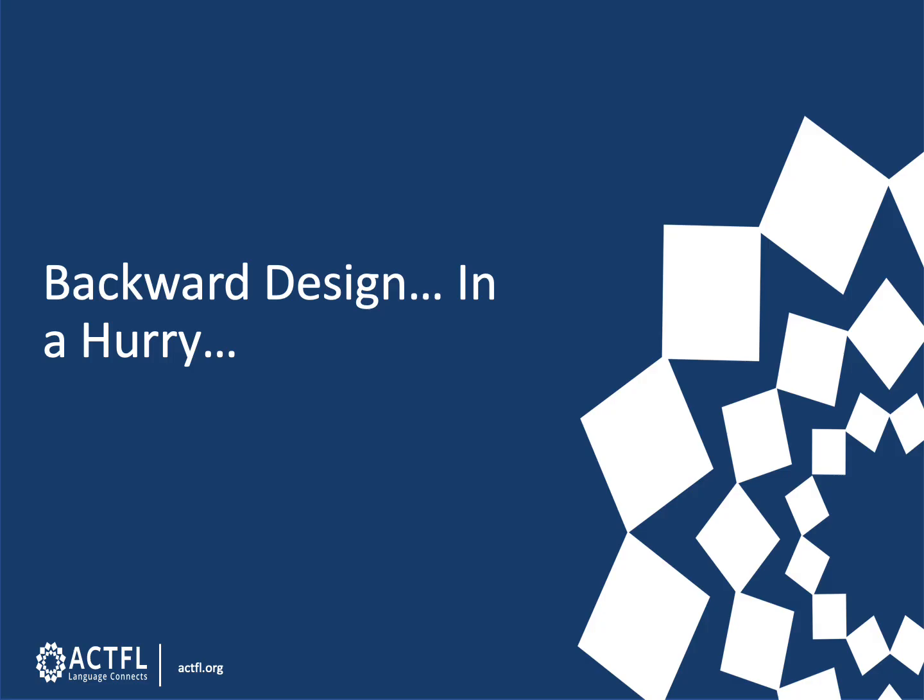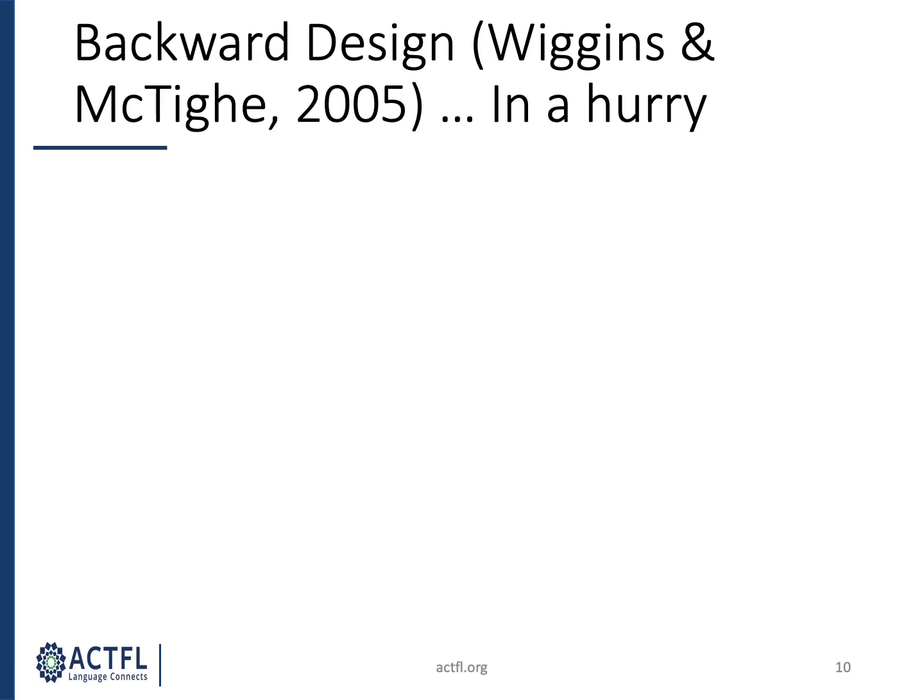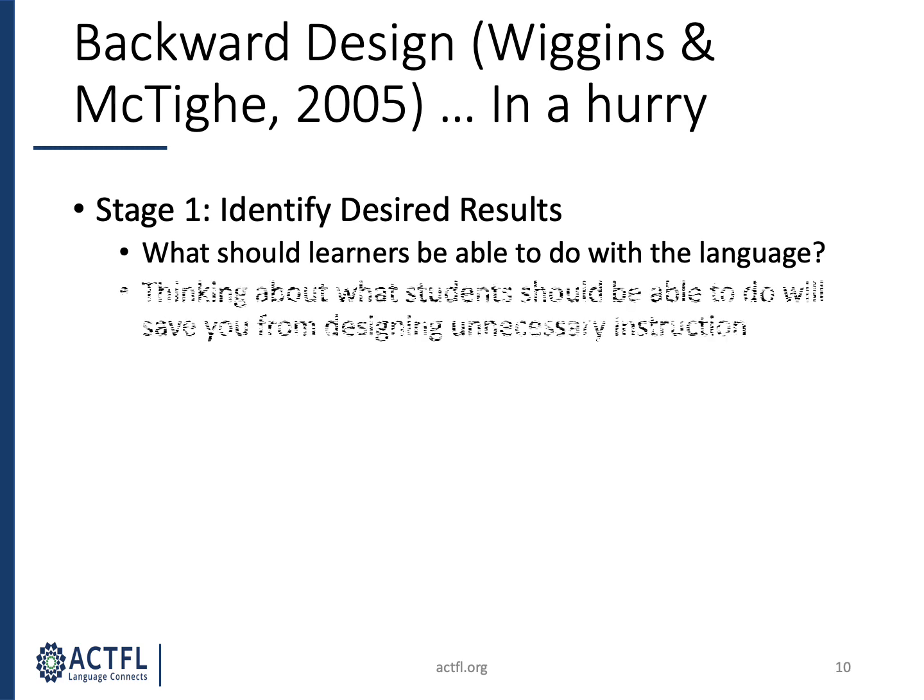Let's move on to using backward design, also in a hurry. In a perfect world, with more time to prepare online instruction for students, we would follow the 3 steps of backward design very carefully, thinking of essential questions and ensuring we were planning highly engaging learning experiences for students. Right now, let's be honest with ourselves. We just need to keep our students on track to the best of their ability. But it is important to still think about what learners should be able to do with the language, because doing this will help ensure that we are not designing unnecessary instruction when time is limited for all of us.